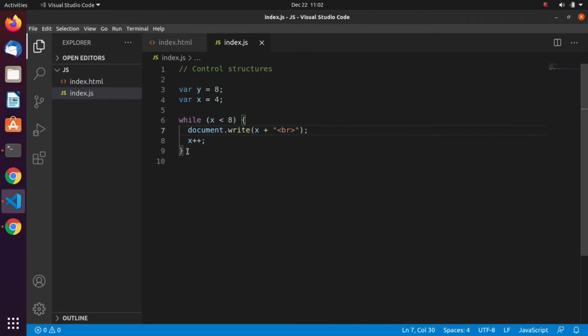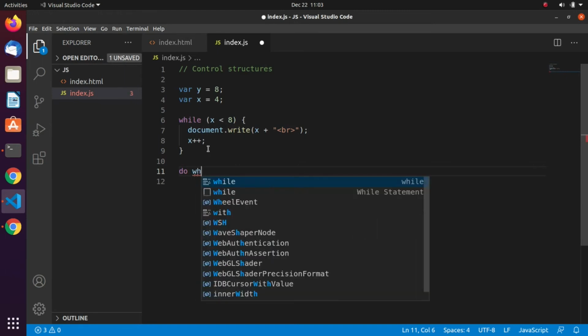So what the while actually does is check that while this condition is true, just do what is inside these braces. So we print this and then we increment x by 1. Remember this operator from the operator tutorial. That's how the while works. If we increment until x becomes 8, we check is 8 less than 8? No, so you go out of the loop and continue executing the program. We also have the do while.